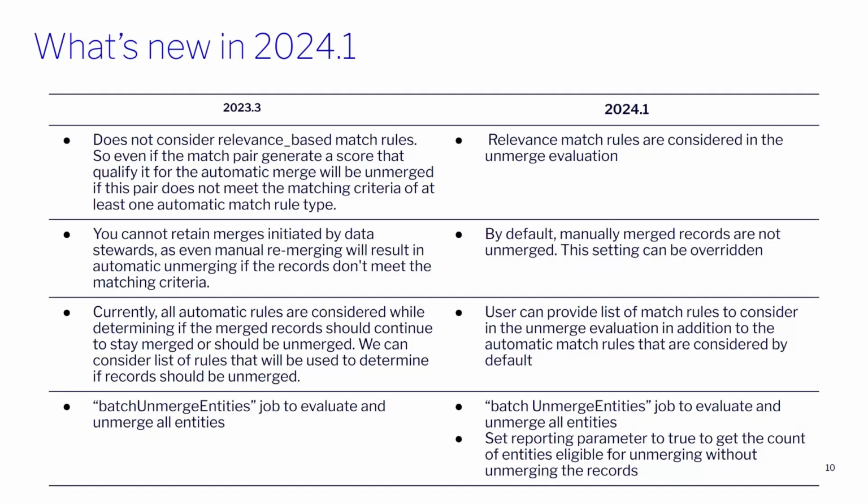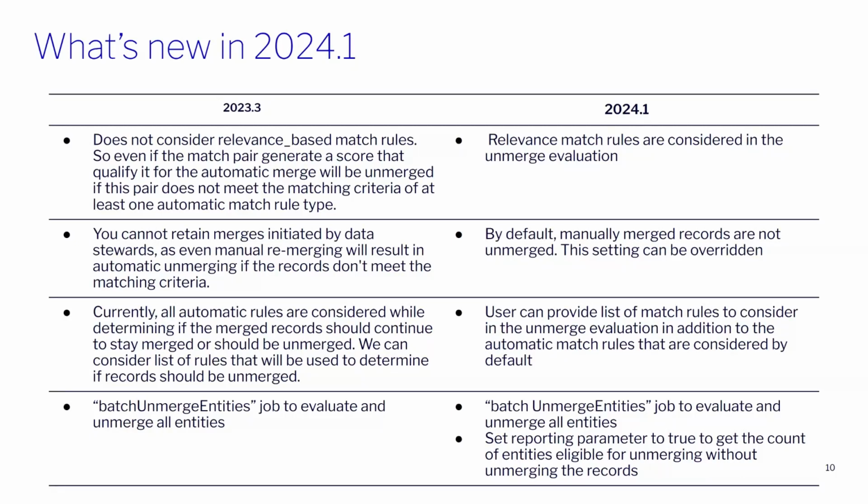You can override that functionality. You can say that you want to unmerge those records by configuring it that way. Then we also enhance the batch unmerged entities. What this job does is basically it scans through your tenant and it again detects and unmerges the record based